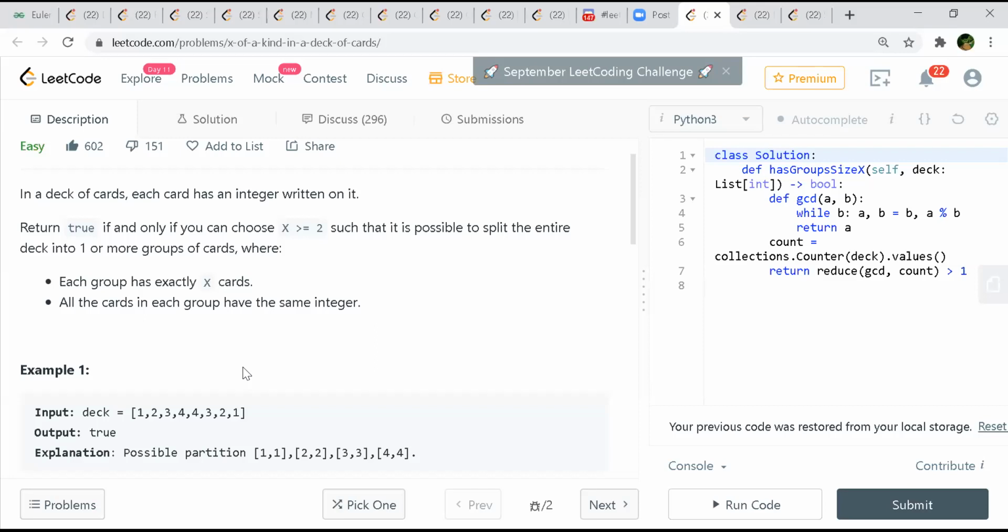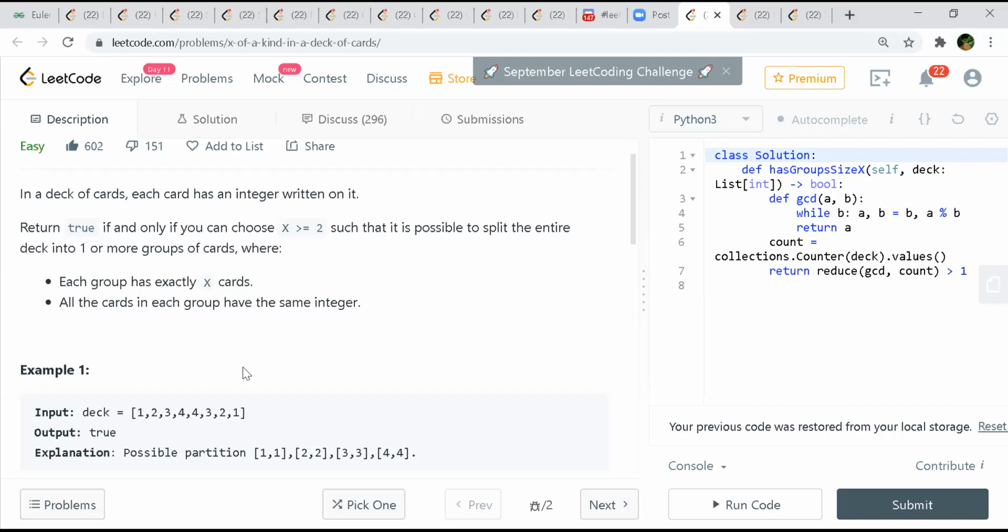So you can split and have the same number in 2 different groups? The same integer can be in 2 different groups. So the constraint is just that the group size should be the same, and in one group there should be the same number, so homogeneous.